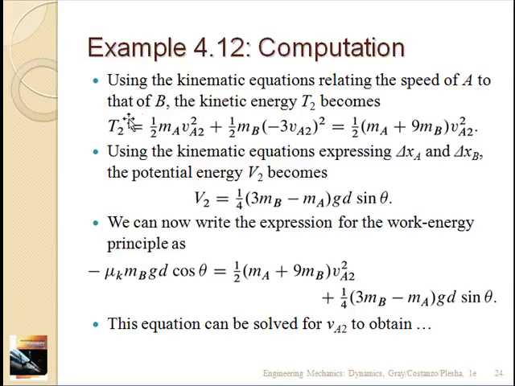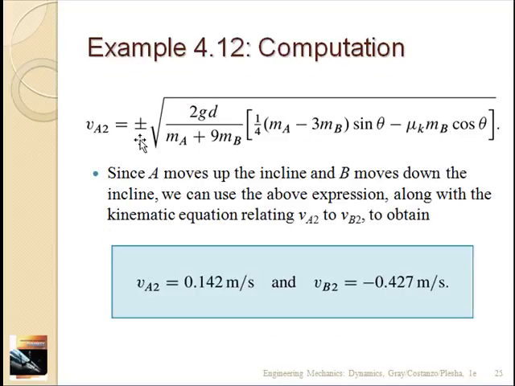That comes from an analysis like this. You write the potential formally and then just convert everything to be a function of d, the difference in the changes in the motion of the two particles. And so you can write your conservation equation, and you can solve for V_A2, which is the only unknown left, and we get this rather complicated expression, including the dissipation due to friction.